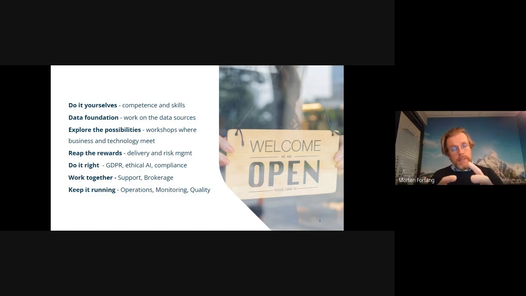We put them in the same room and we work with them, finding those sweet spots where there is both technological opportunity and business needs, such that you have somewhere to start in this wide landscape. And that ties in with how do you know that the data are good? Because with AI, as with all IT components, it's garbage in, garbage out.